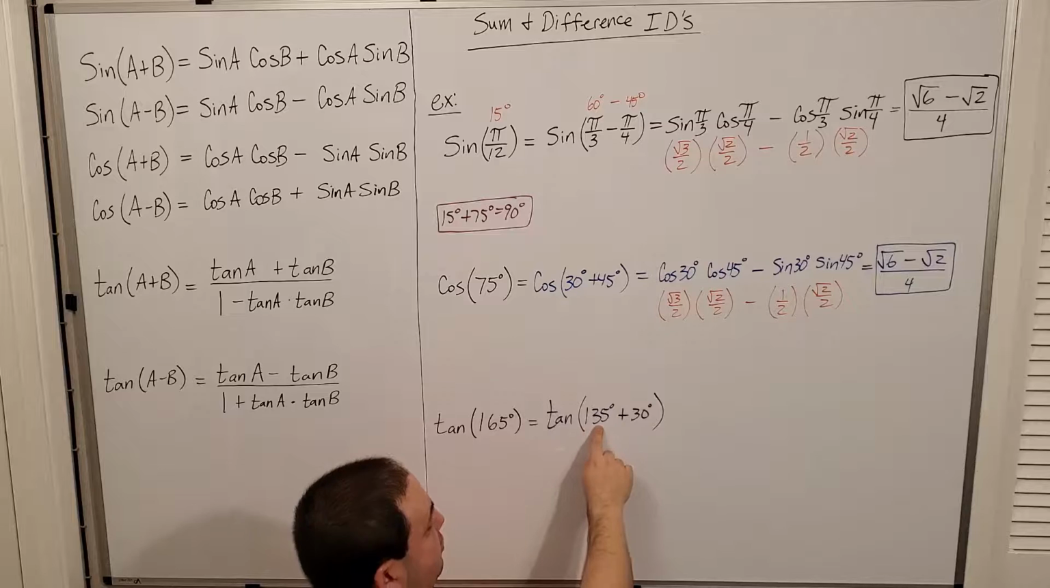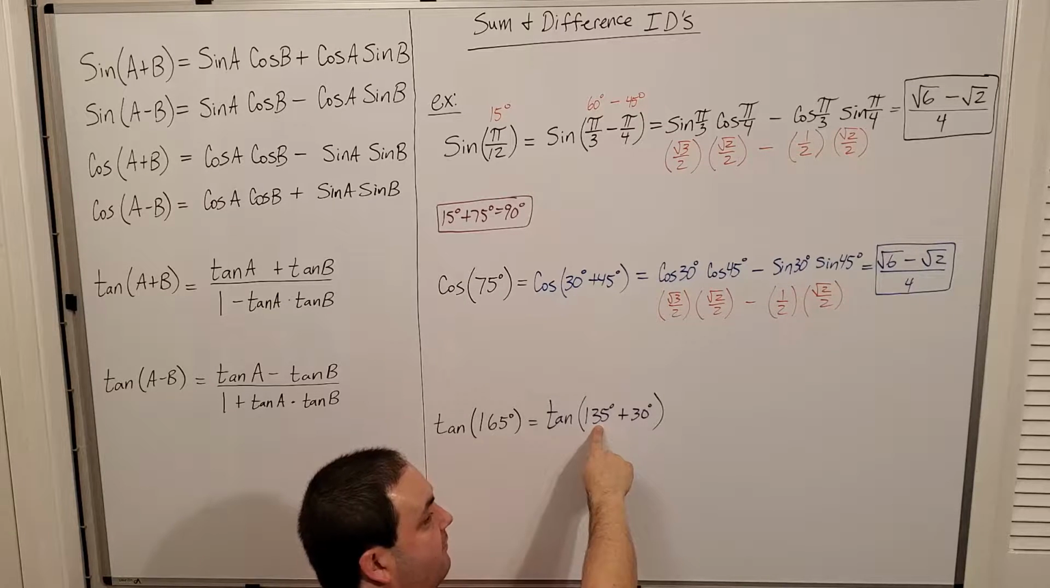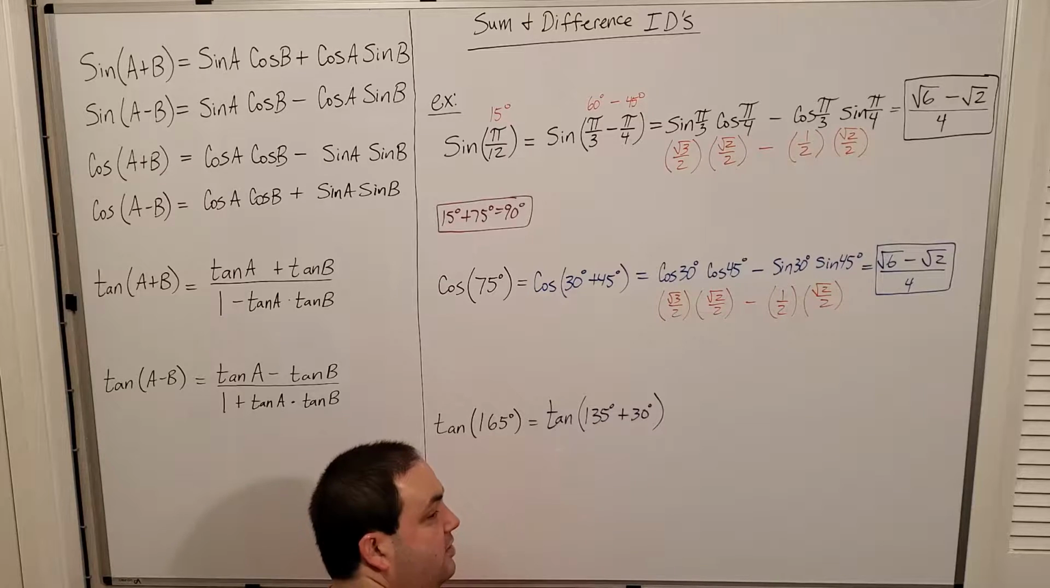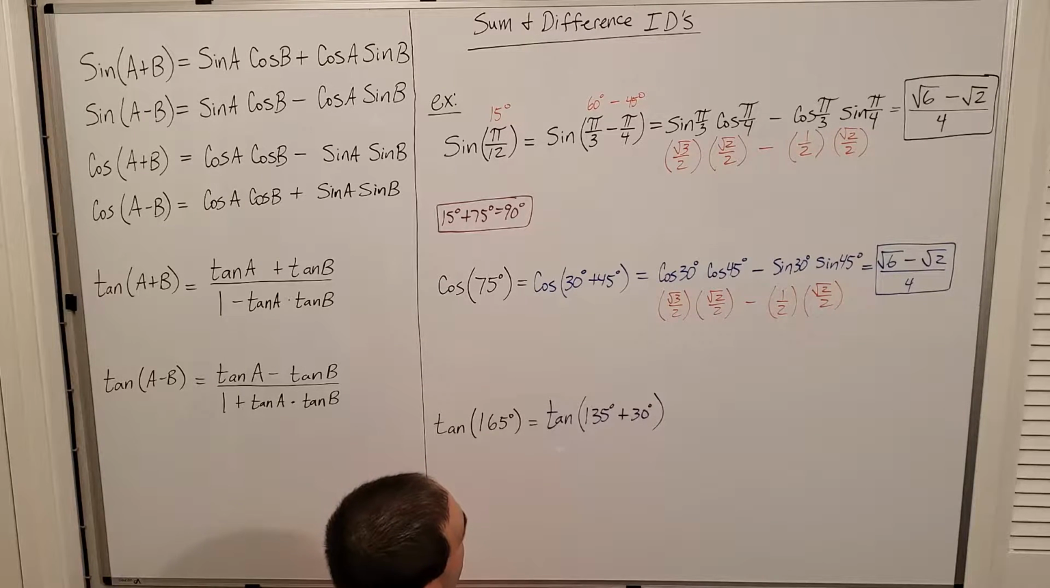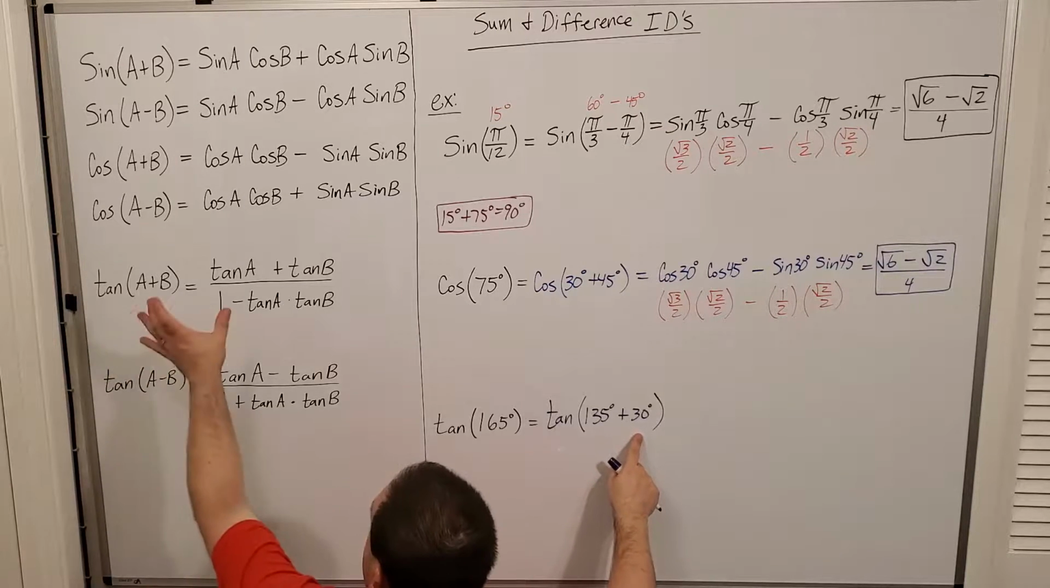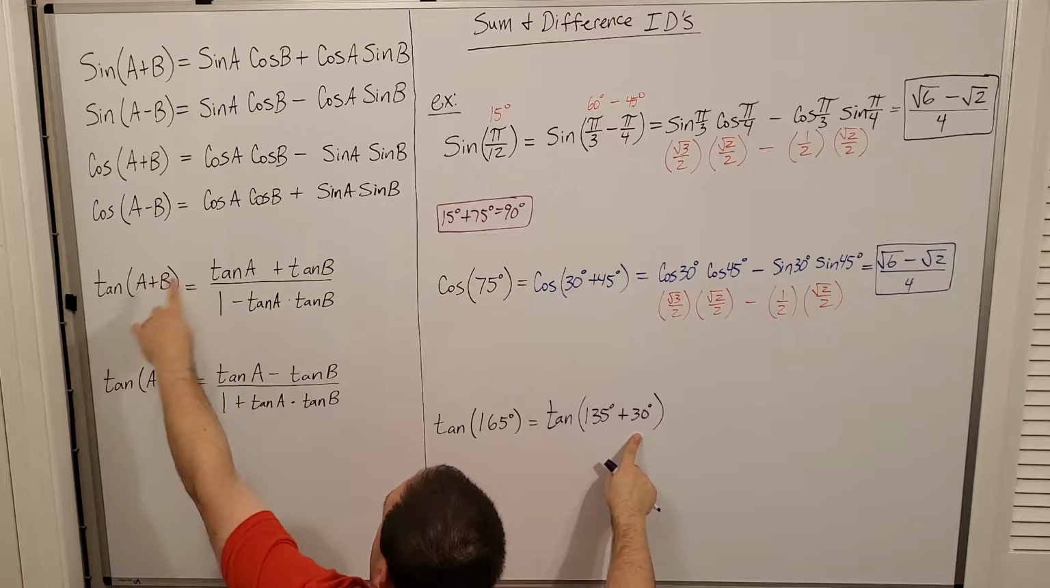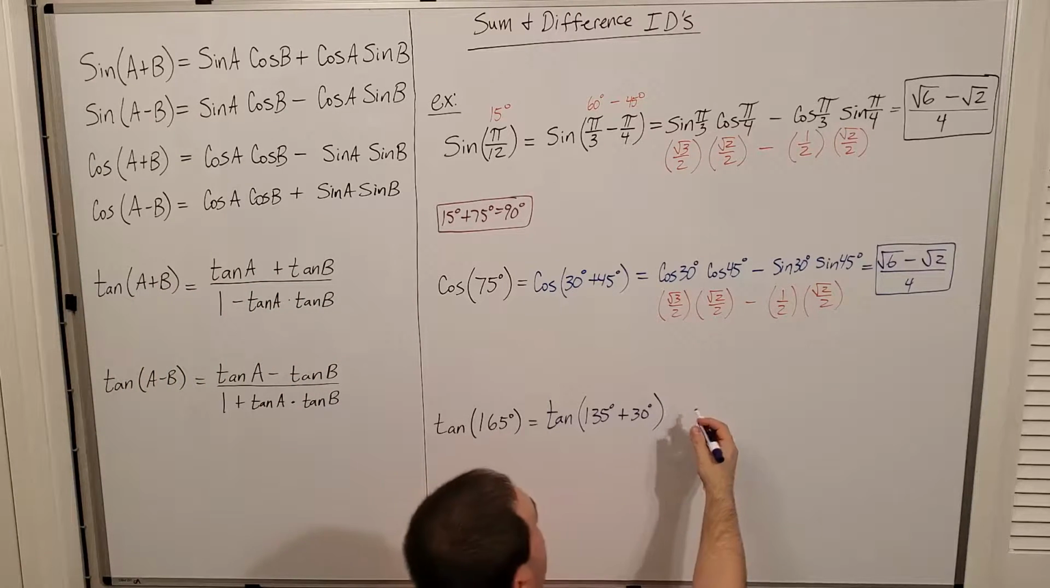135 is a quadrant 2 angle that has a 45 degree reference angle. So I can use all my 45 degree knowledge for this angle here, just in quadrant 2. And then, of course, there's 30 degrees. Okay, so I use tangent of A plus B. So I'll be using this identity, which is going to give me